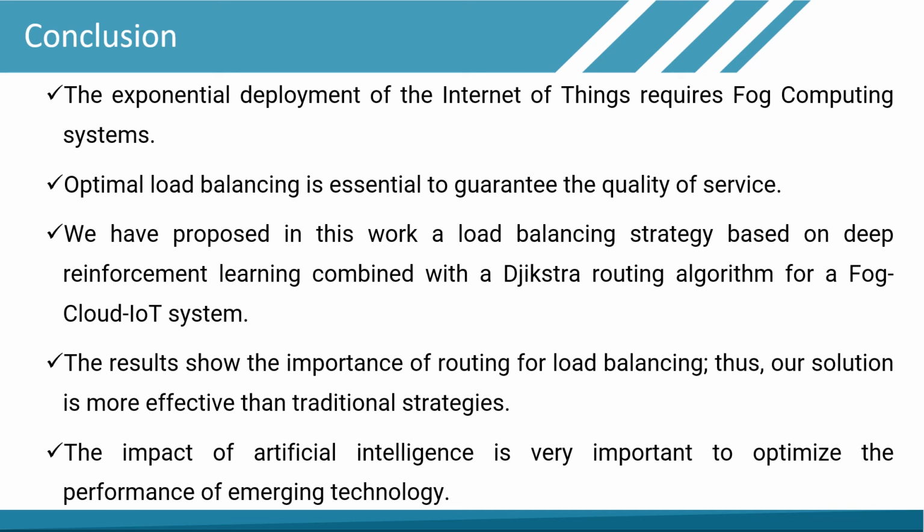And the results show the importance of routing for load balancing, and our solution is clearly more effective than the traditional strategies like round robin and weighted RR. So the impact of artificial intelligence is really important to optimize the performance of the emerging technologies. So this brings me to the